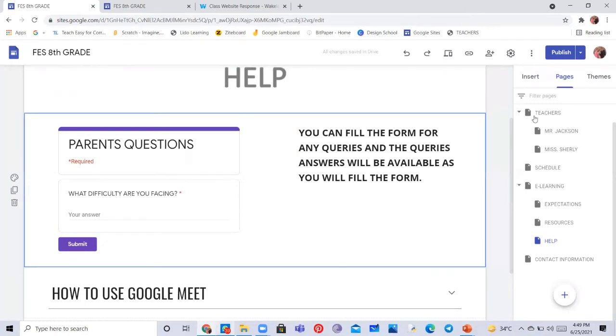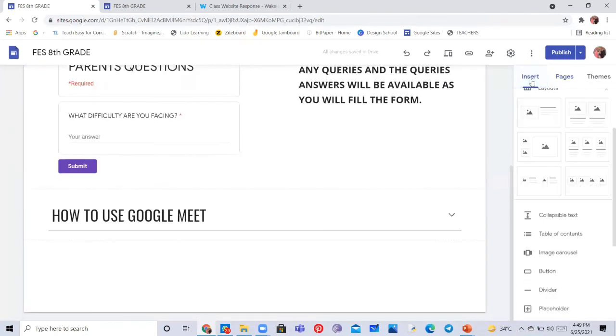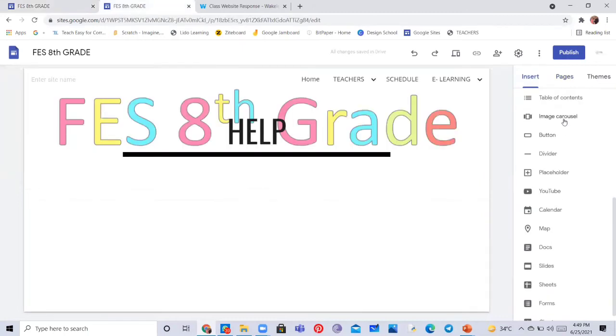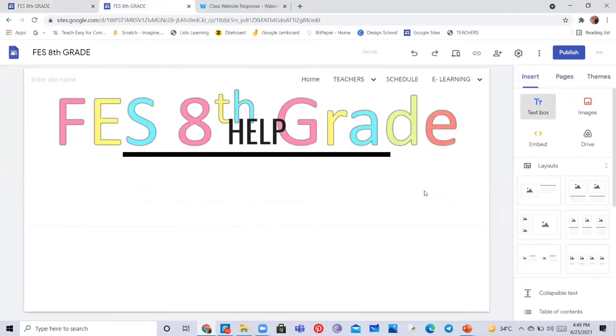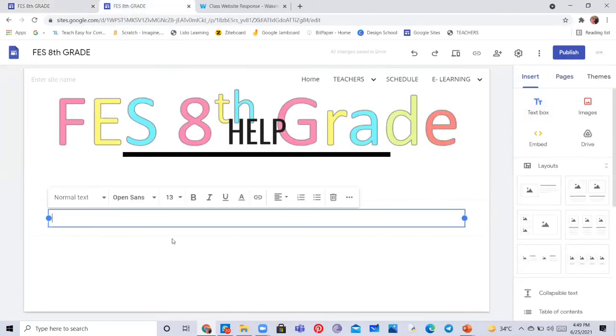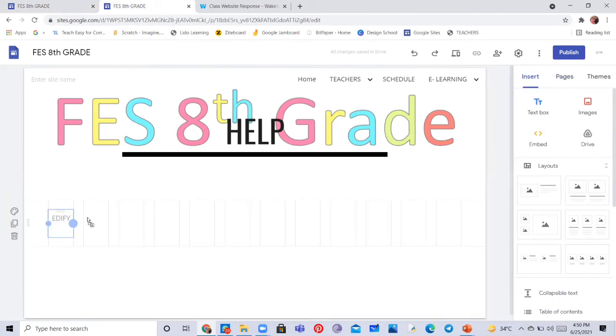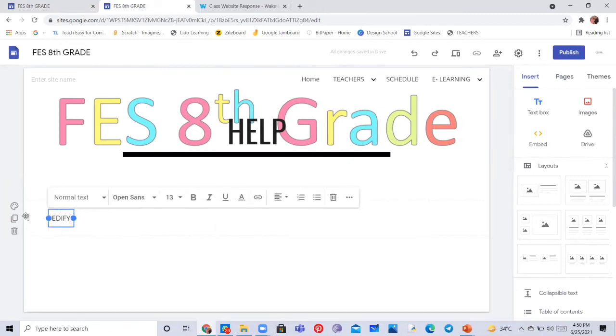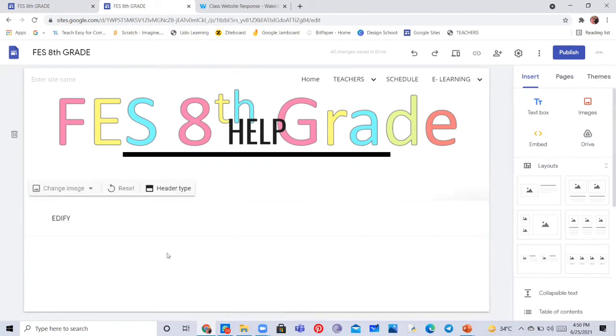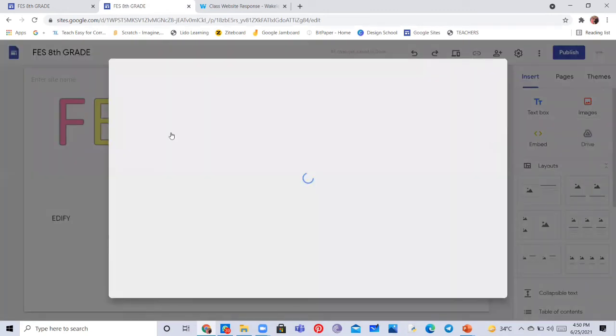Let me show you how you can add text. Here we have the text box option. You can add text and move it anywhere. For example, I'll type out Edify and we can move it anywhere if we want. I do not have any content out here, so let me select an image.